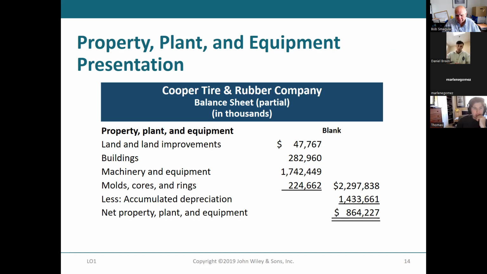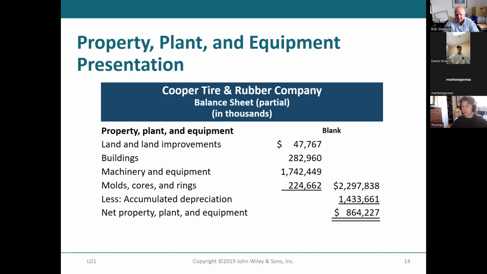1,742,449,000 worth of equipment. Hold on one second. I want to write that down. 1,742. Oh, this is in thousands, not millions. Okay, yeah, that's 1 billion. But the point I want to make is you have the original cost of the asset,